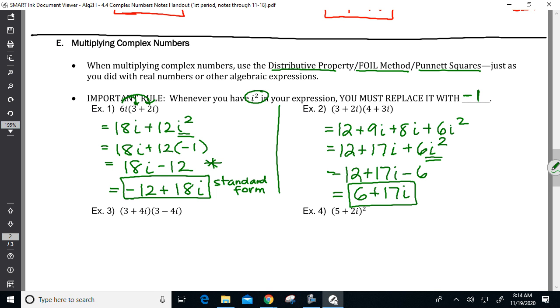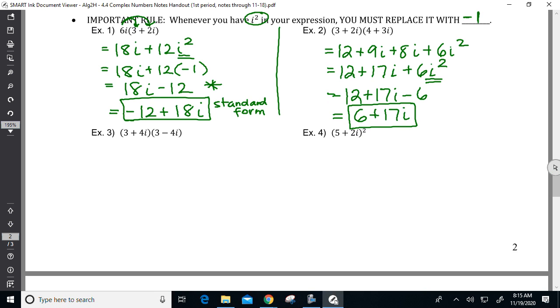So again, computation is not that hard, not that bad. The main thing is i squared is equal to -1. Just pay attention to the minute details. Questions on examples 1 or 2? So, examples 3 and 4,